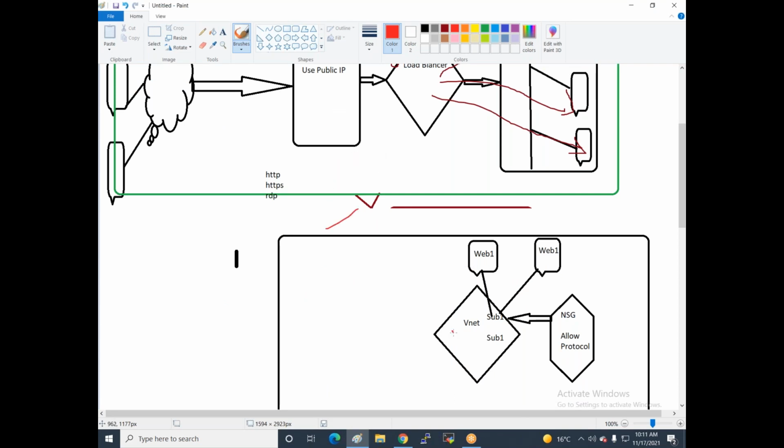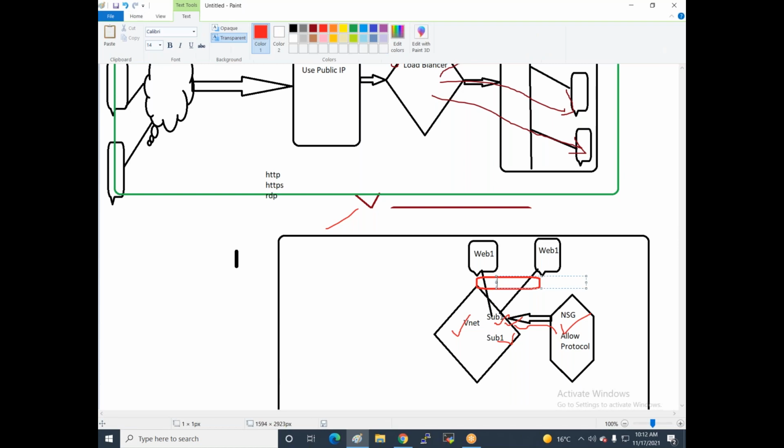Second, we created a VNet. Third, we created subnets. Fourth, we created a network security group. Fifth, we added the network security group to the subnet. Then we created one availability set. And now both servers are connected with the availability set and VNet and subnet 1. Got the point? Everything?